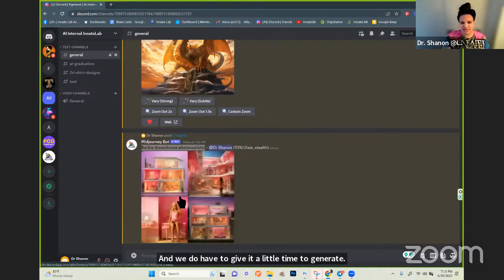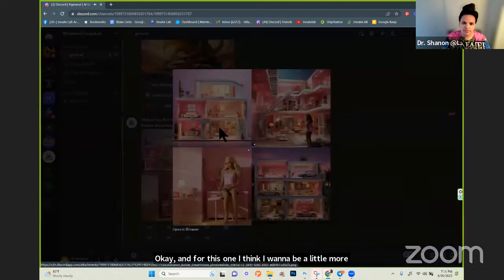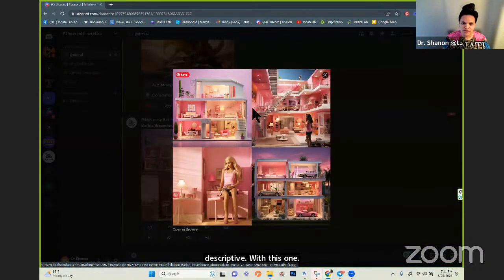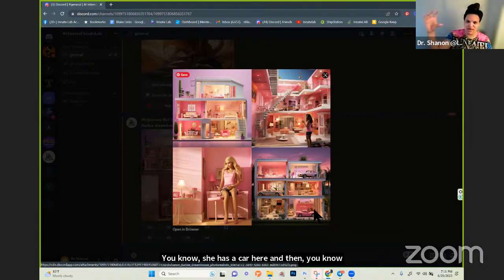Okay, and for this one, I think I want to be a little more descriptive, just so I can generate a little bit of imagery on the outside of that. I like the one where it generated the cars inside of the Barbie dream house. That's kind of cool. I know the Barbie dream house is not really a realistic scenario. You know, she has a car here and then a bathroom that's as big as the bedroom. So it's really not going to be of our normal proportions, but it will look realistic